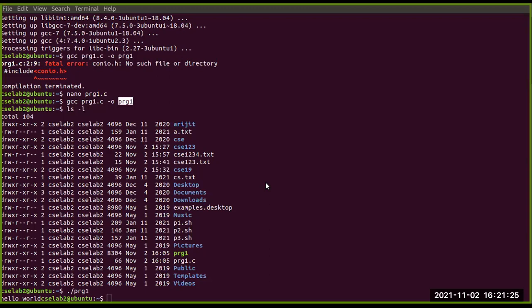The command is GCC, then the file name which we have created, then -o, which is the output, and then the file name without the extension. Previously we wrote the full file name with the extension, and then only the file name. So this is the process to compile any type of C programming file.